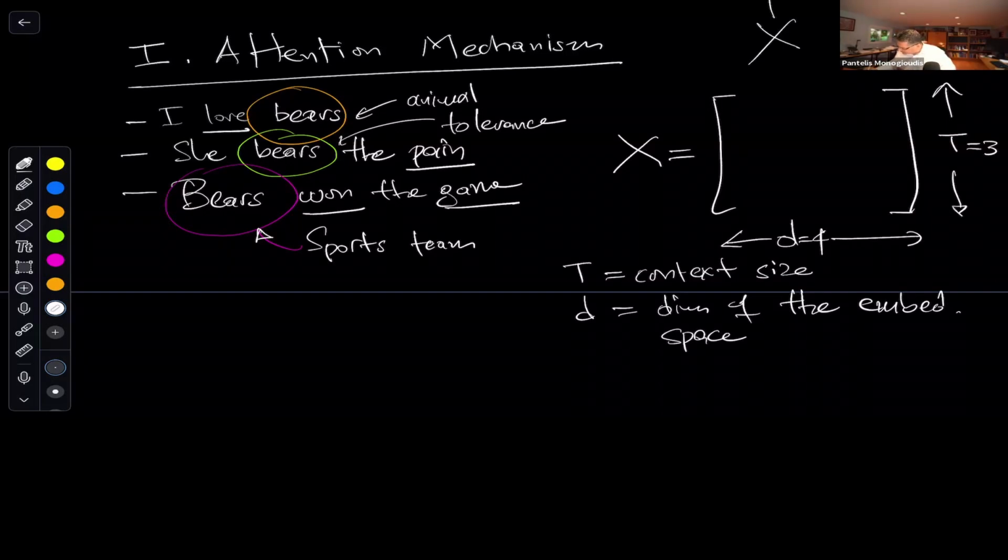So I'm just going to have 4 dimensions in my embedding space and just 3 tokens for my context. So as we just discussed, we would like to have a mechanism where love is going to affect bears and pain is going to affect the bears in the other sentence, and game and won affect bears in the third sentence,